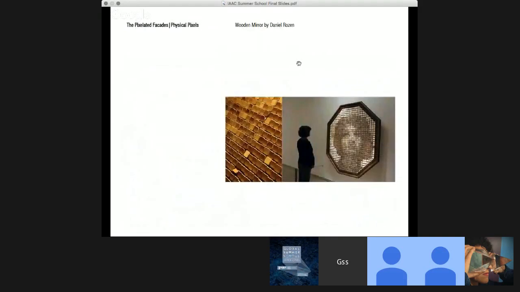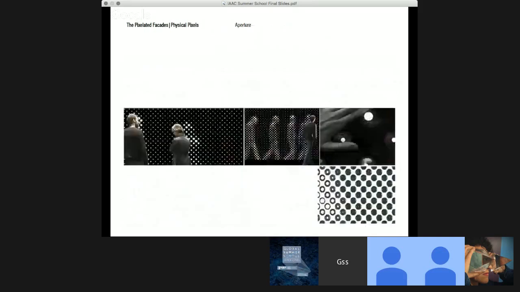Another technique is that of kinetic actuation, where the architectural surface is conceived as an array of physical pixels. In digital imaging, a pixel or picture element is the smallest unit or element in the display device.